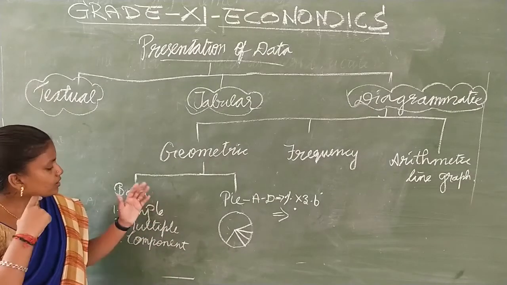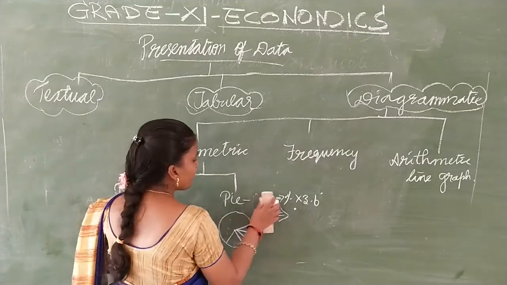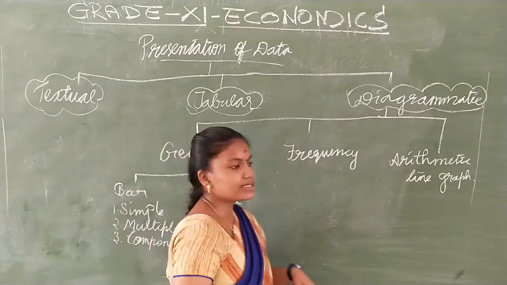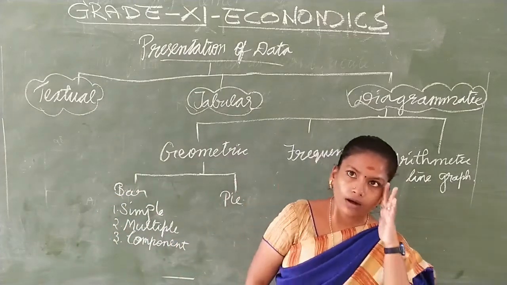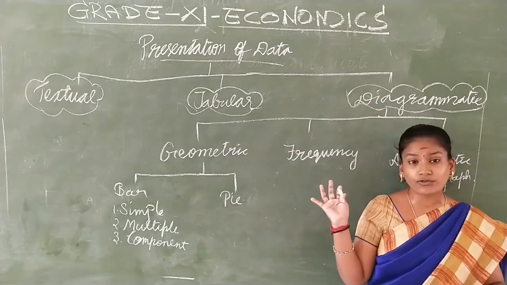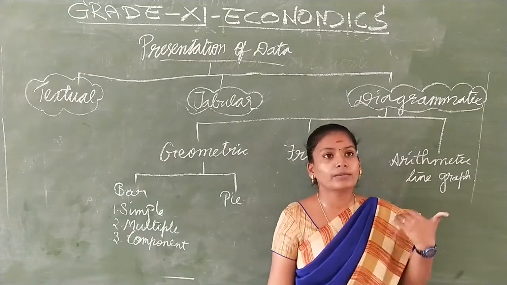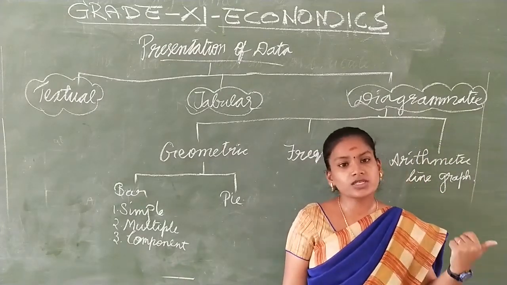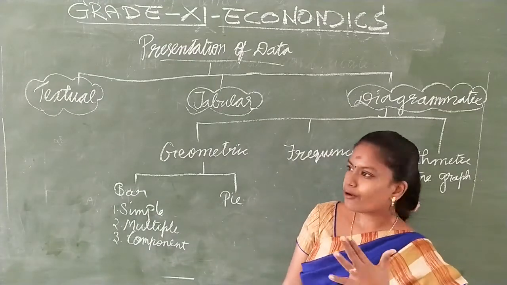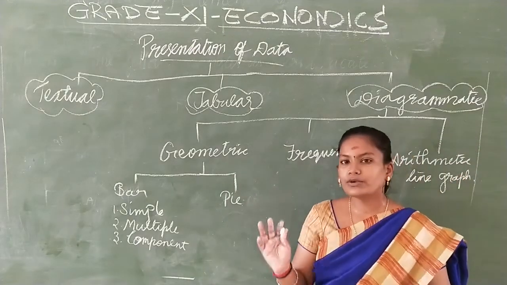Right, children? So these are the various geometric diagrams that we have discussed. What did we do next? We moved on to talk about the frequency diagram, which is especially given for a frequency distribution. It is done especially with what kind of data? A frequency type of data. Whereas a geometric diagram can be done for both frequency or non-frequency data, mostly we go with the non-frequency type, whereas for frequency type of data you have to use the frequency diagram.